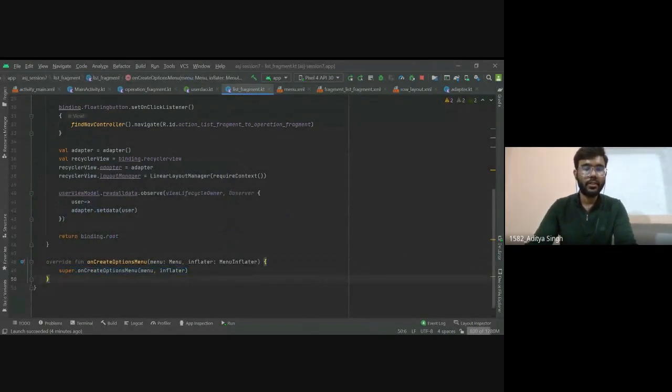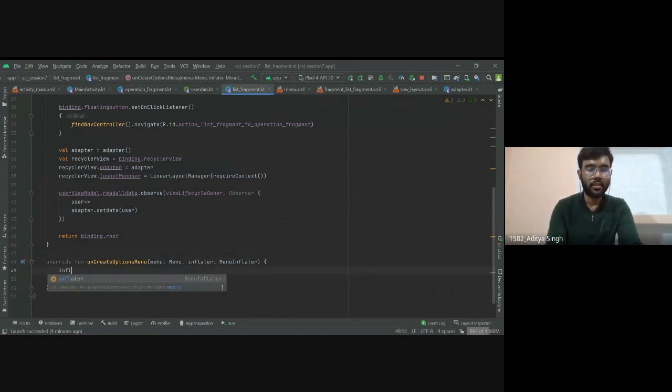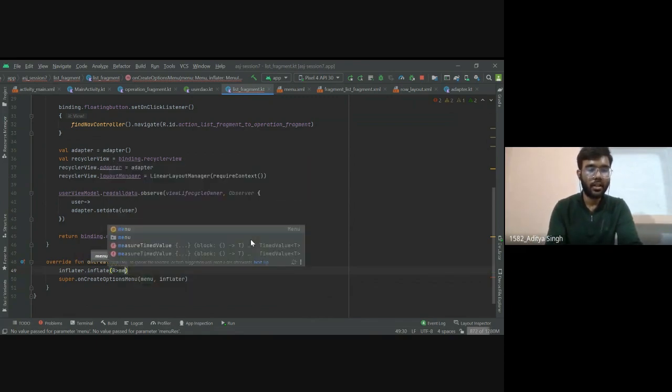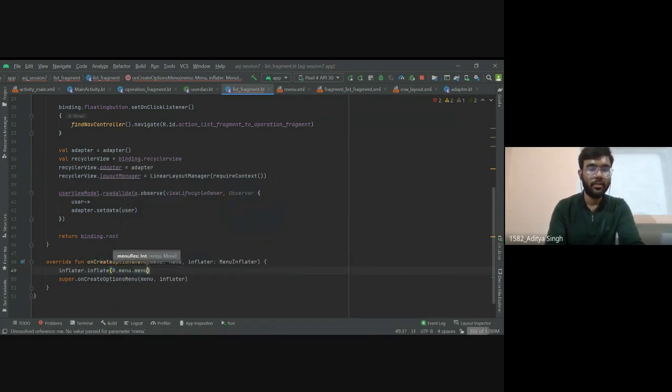And inside this onCreateOptionsMenu, we will use the inflater. We will write inflater.inflate, and here we will pass our menu file, R.menu.menu.